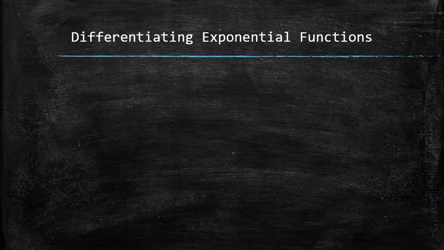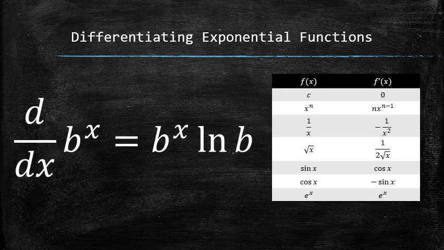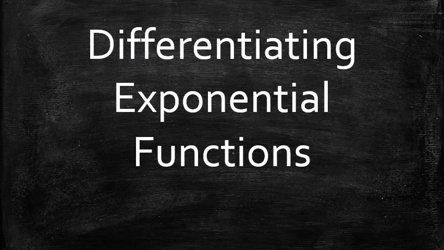So the derivative of an exponential function with base b is the function itself multiplied by the coefficient equal to the natural logarithm of b. We now add this fact to our table of derivatives. We discussed how to differentiate a variety of functions that have an exponential function as one of its components.